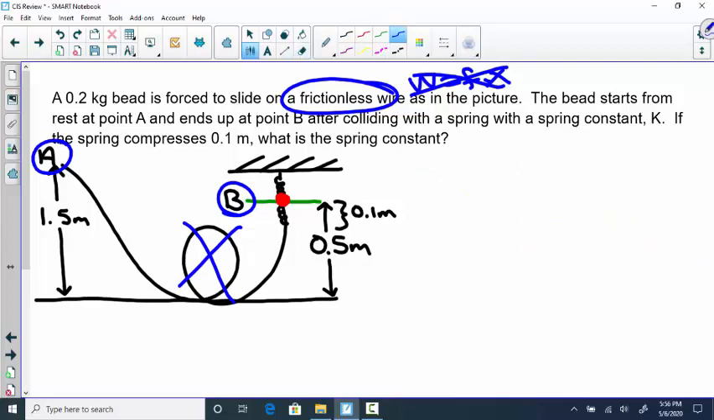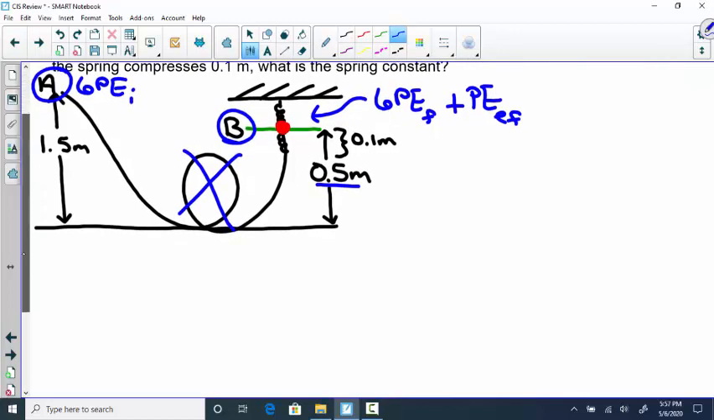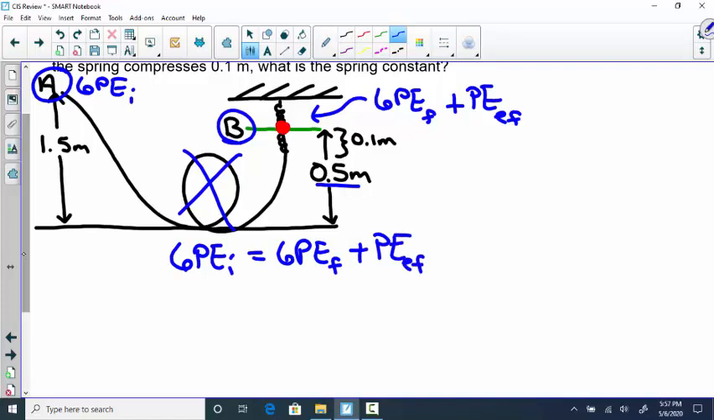So, with that in mind, over here, this bead had gravitational potential energy initial. It was at rest, so it had no kinetic, and there's no spring, so it doesn't have any elastic. But now, over here, we are above the ground, so we have some final gravitational potential energy because we're above the ground, and we compressed a spring, so we have elastic potential energy as well. So essentially, there's your equation. Your gravitational potential energy initial is going to equal your gravitational potential energy final plus your elastic potential energy final, which then means mgh initial equals mgh final plus 1/2